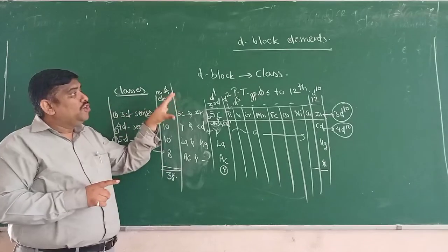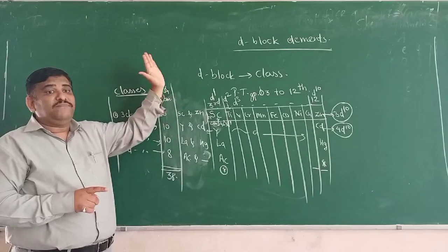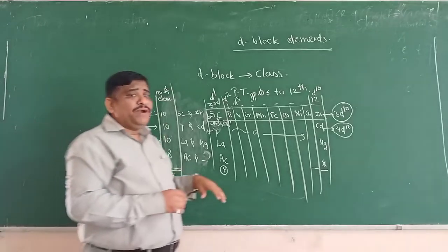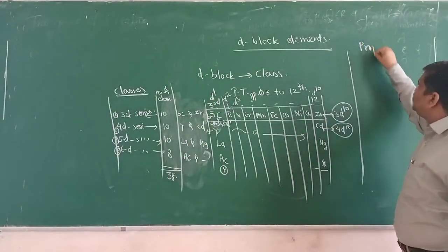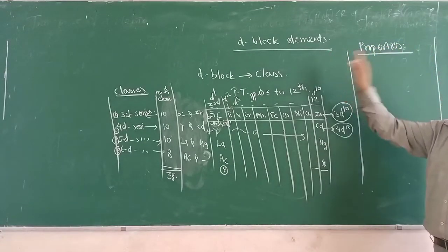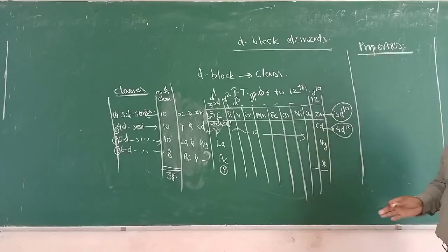After this introductory part, you are going to remember the different properties of the d block elements, or the different properties of the transition elements here. Now I will list out the properties of the transition elements which you are going to discuss in this d block element topic. There are 8 to 9 properties. Among these 8 to 9 properties, 2 properties will definitely be asked for the 3 marks here.